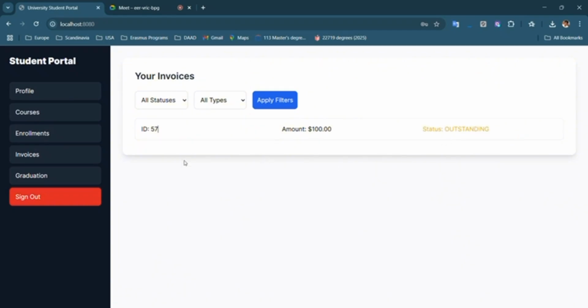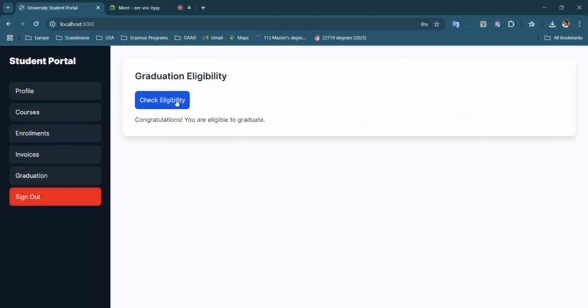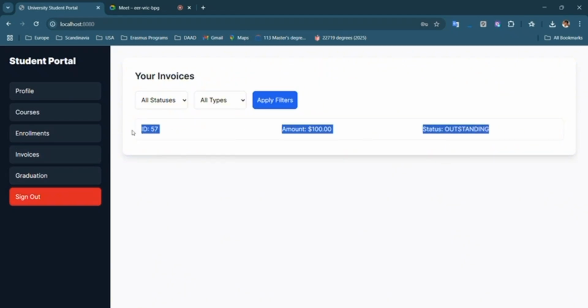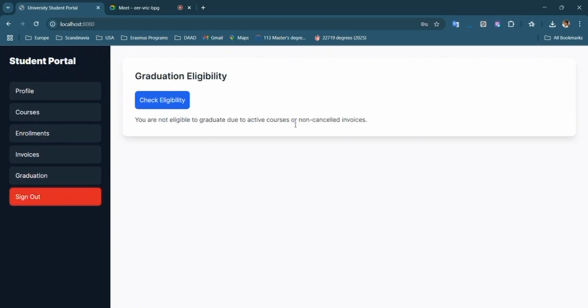So when we go to this graduation tab and see our graduation eligibility, it will show me that I am not eligible for graduation right now, because I have some outstanding bills which I have to pay, which by navigating here I can see. When I pay this outstanding bill, I'll be eligible for graduation also. I'll show you